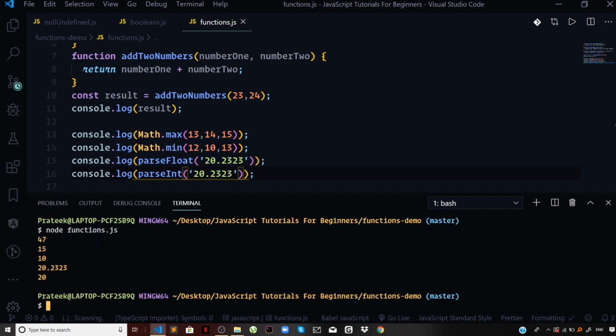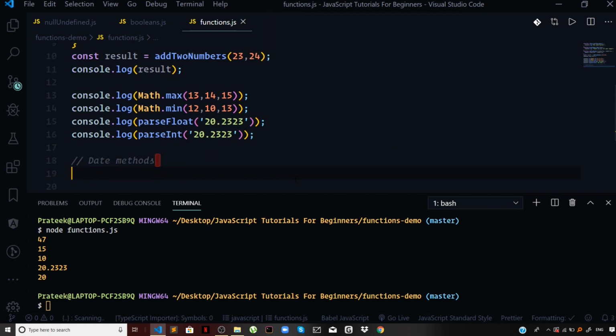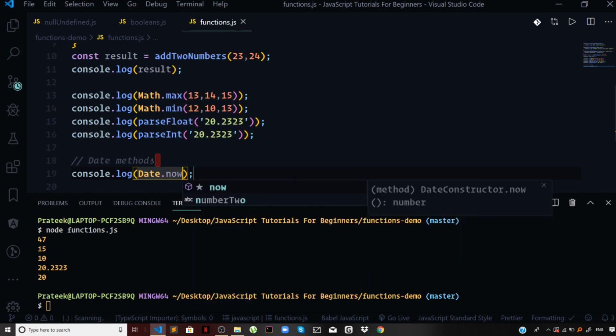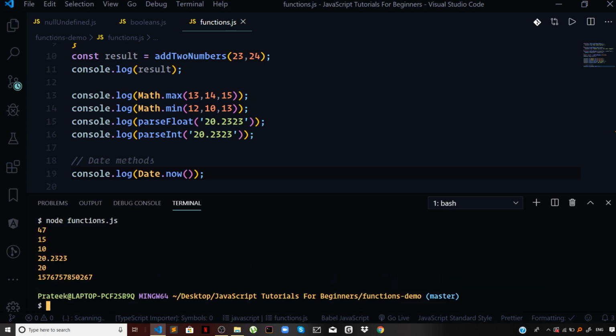Then we also have some built-in methods on Date. Let us go briefly over them. So I will say console.log, some date methods, and I will say console.log Date.now. So now is a method that is defined on the Date object. Let us run this. So we are getting a very long number. What this method does is it will basically give you the number of milliseconds since